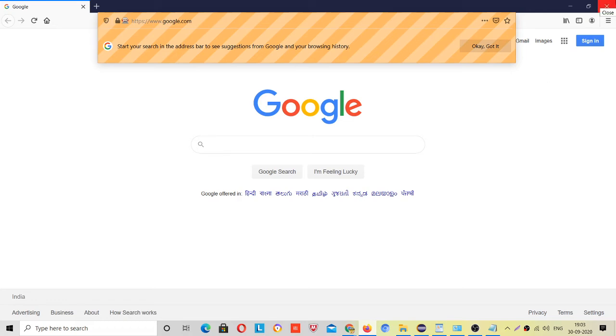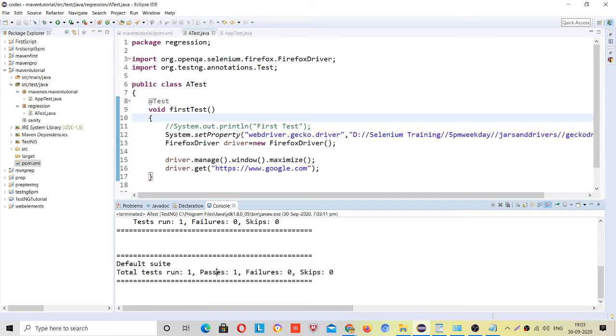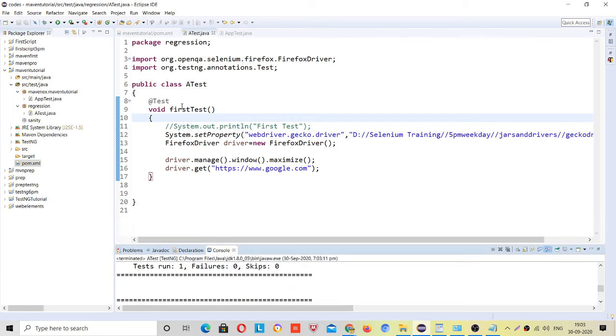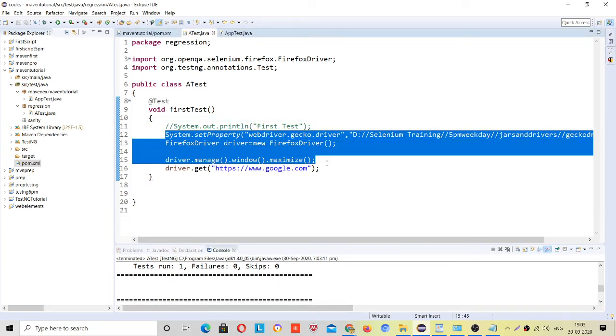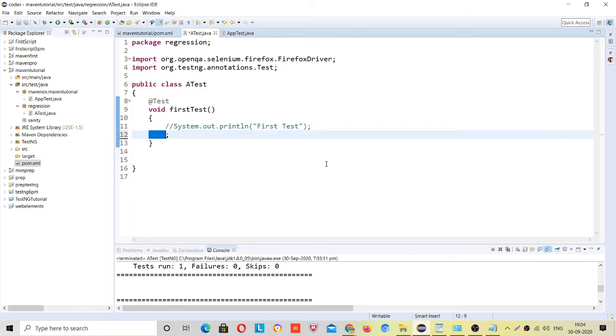Okay, that's what we wanted to run, and we ran that. The test ran once and passed well. Okay, let me remove this code. I just wanted to show how dependencies work.